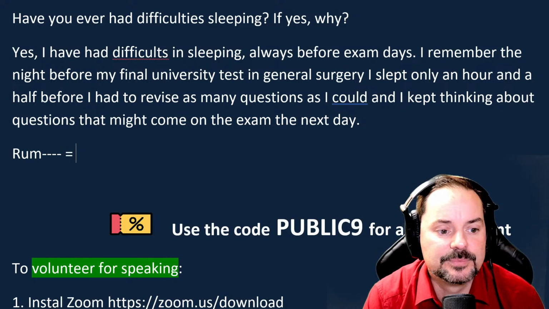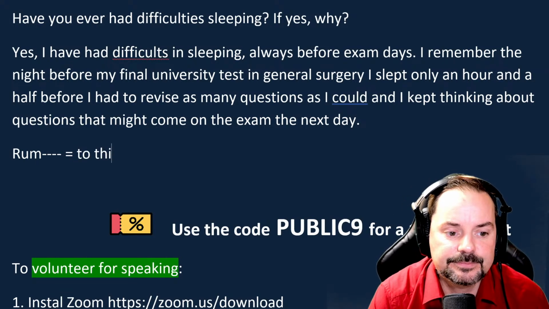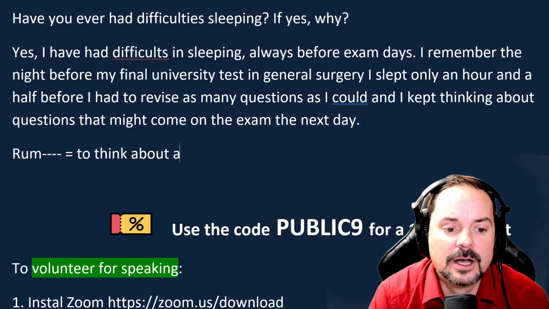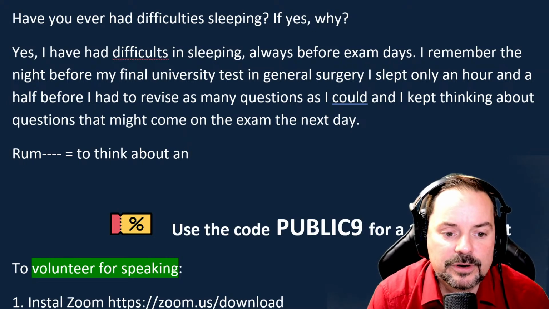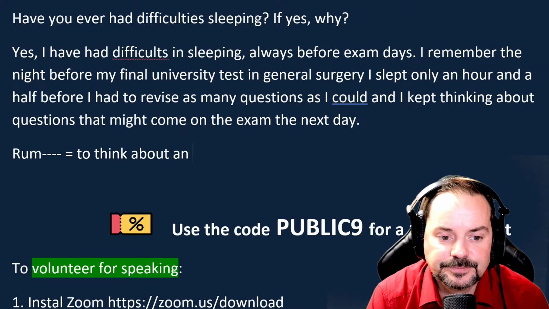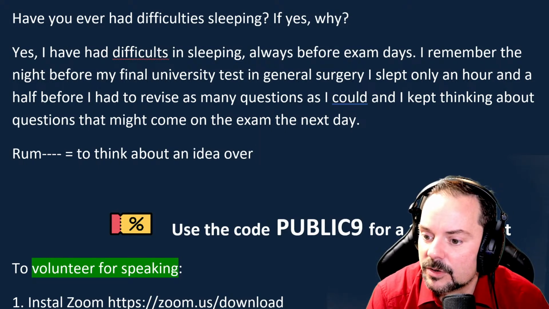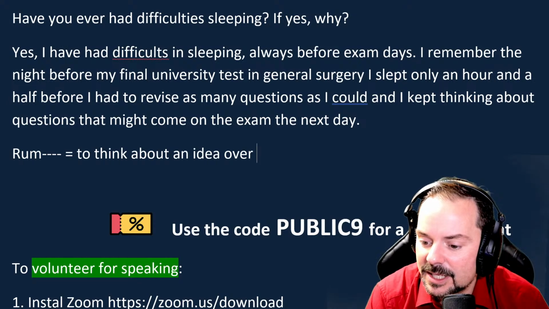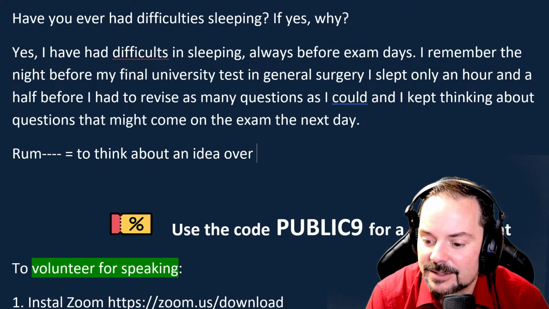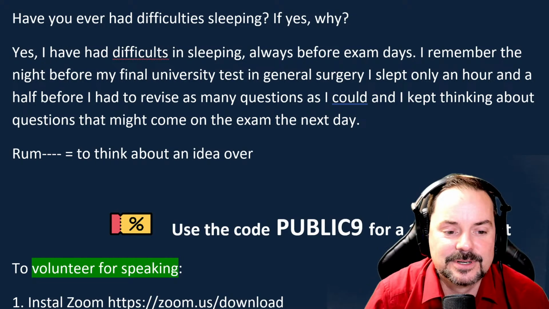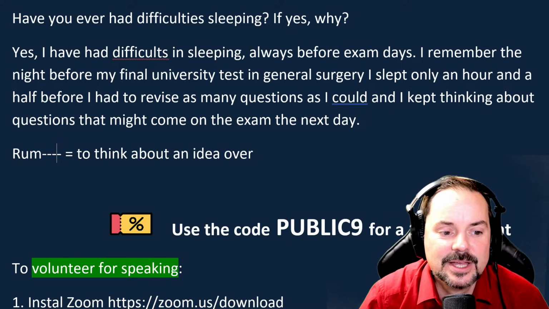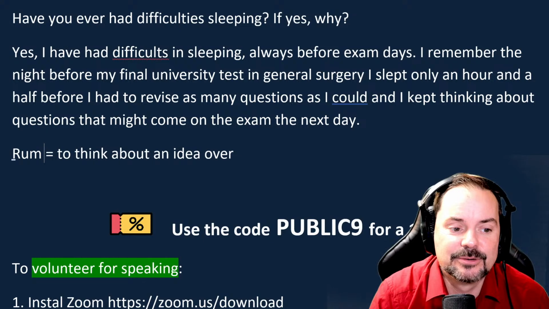Okay. So to think about an idea over and over, do you know what that verb is? And your classmates in the chat can help you. Missy says rummaging. Anahita says rumbling. Rumbling? No, it's not rumbling. Epsilonator gets a thumbs up. That's what it is. Epsilonator got it. It's called ruminating. Ruminate.